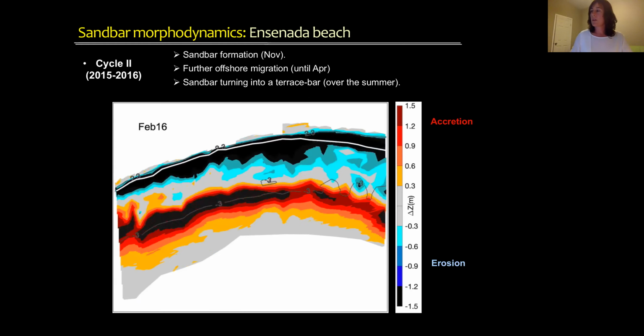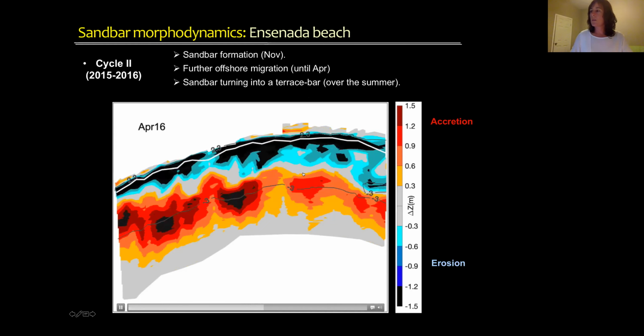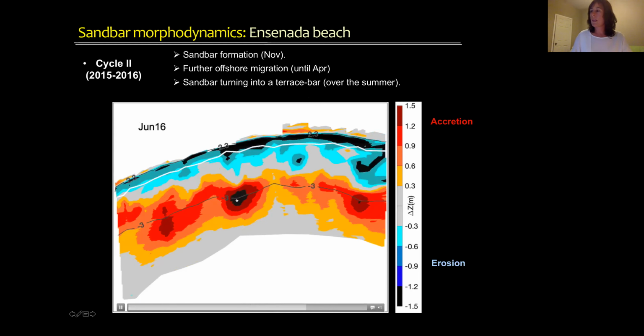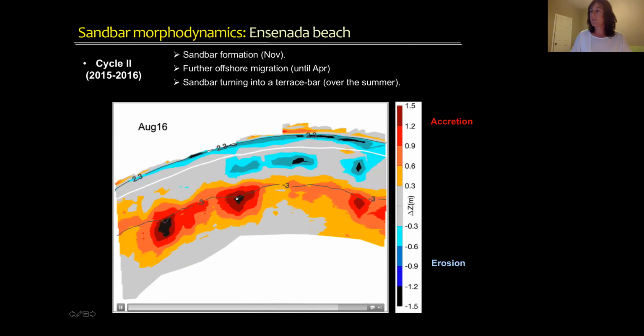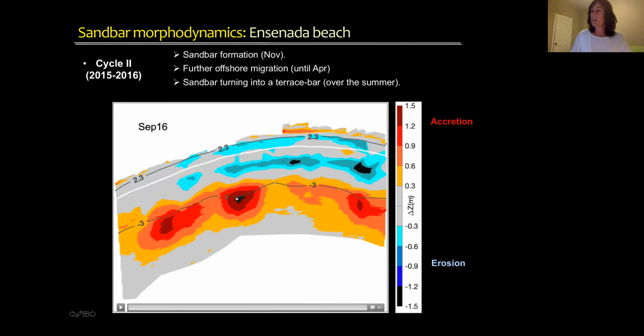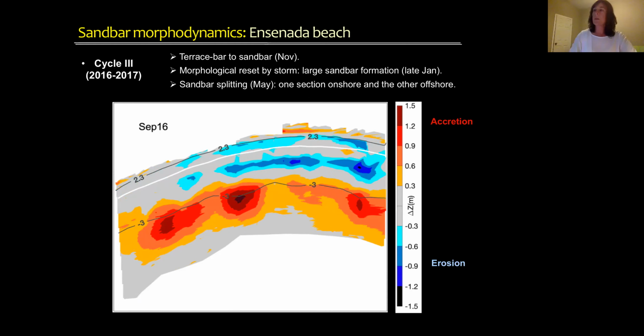So this is a huge subaerial erosion. So a huge sandbar is formed, and that's kept there over the summer. And it actually erodes and it becomes a terrace bar. So the following year, this is cycle 3. In November, we will see how this terrace bar actually turns into a sandbar, and the sandbar moves a little